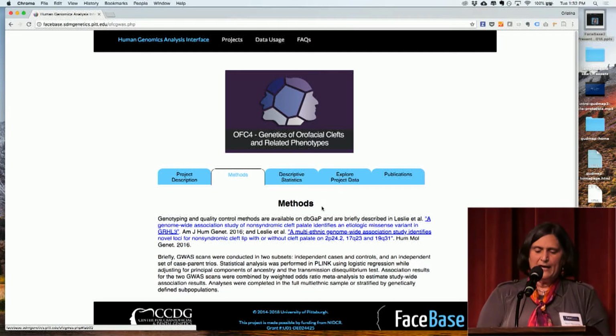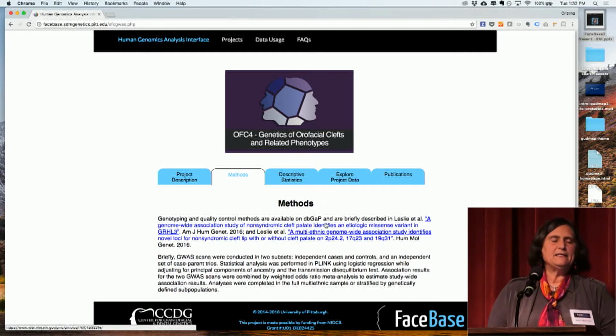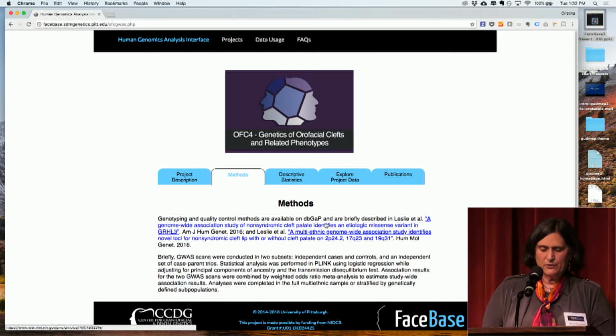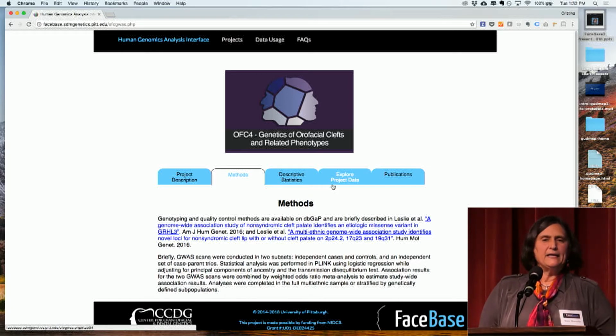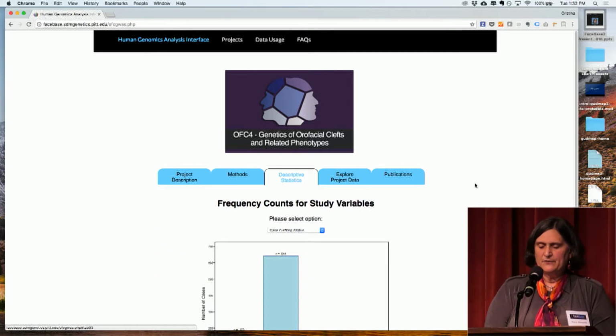The Methods tab either gives links where you can find the detailed methods, maybe in a publication or whatever, but also includes some brief text. In this particular study, we had case and control data, and we also had trios for TDT type analyses. Descriptive statistics describes the data set in a little more detail,